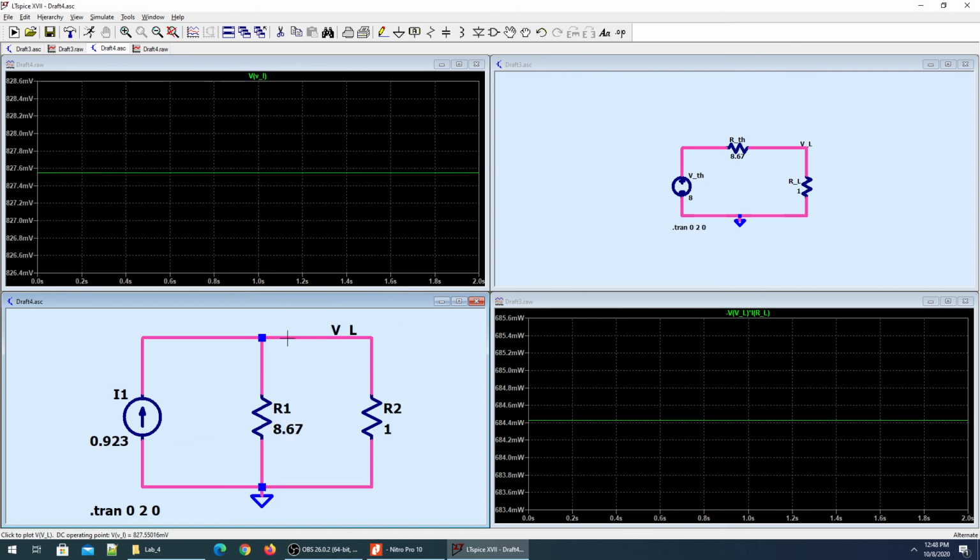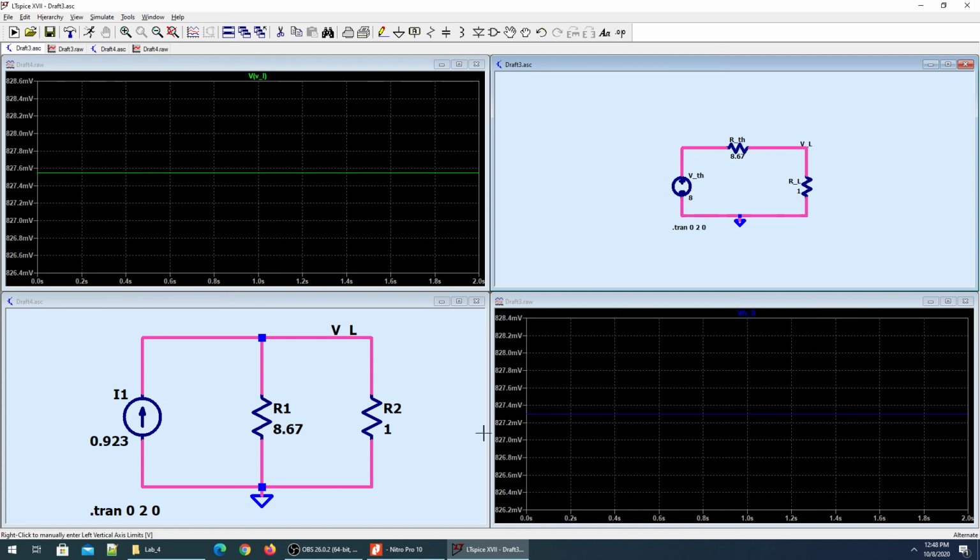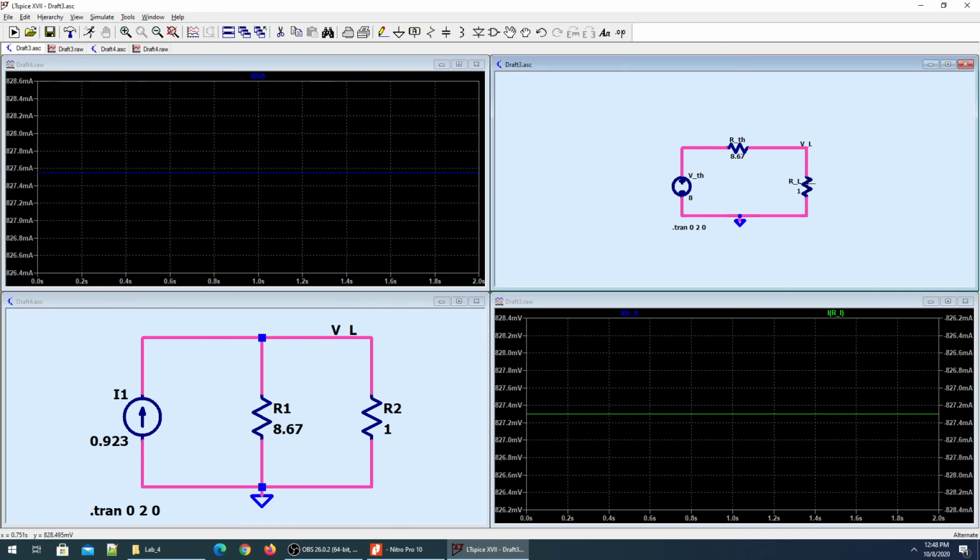My voltage now is 827.6 millivolts, and again, just to confirm here, 827.3, something like that. And then the current through the resistance is 827.6 milliamps,